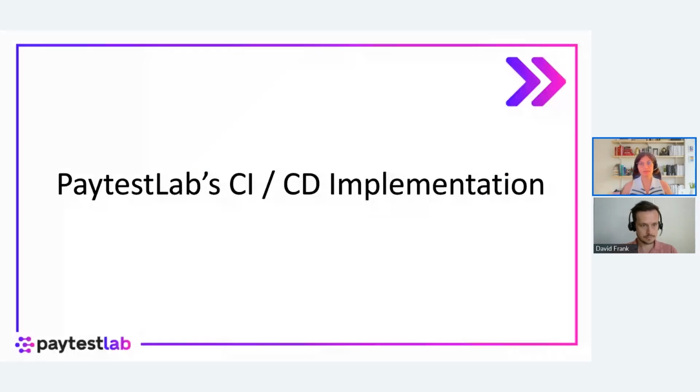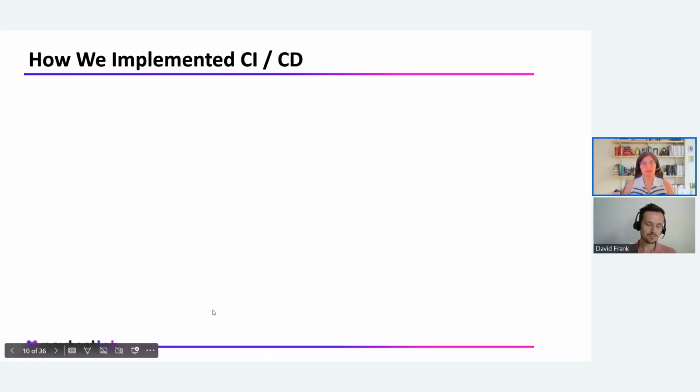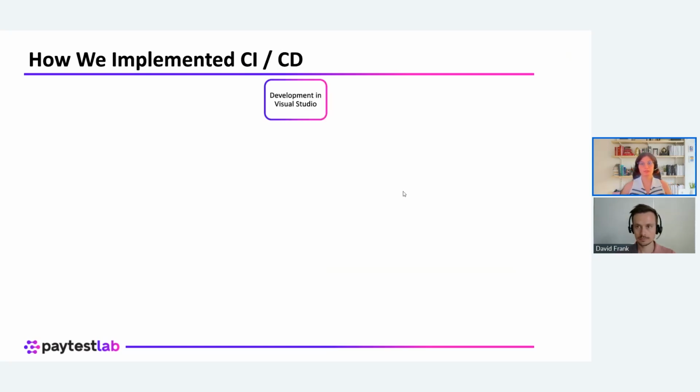Hello, everybody. I will be talking about how you can improve your CI/CD process with the use of Paytest Lab and Paytest Hub. So this is a typical implementation of CI/CD on a daily basis in the Abrantix offices. So of course, everybody starts with development in Visual Studio. So multiple developers are working on one singular solution where they then push their code into review in Azure DevOps, where it gets reviewed by other developers and also checked by Azure DevOps